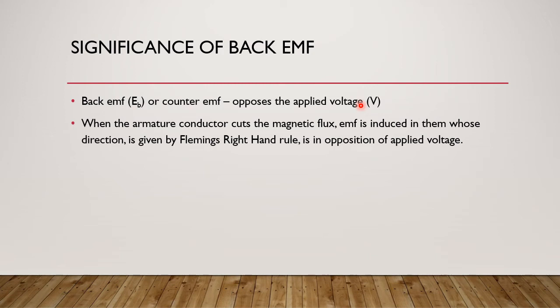Due to the applied voltage, we get a mechanical force, and due to the mechanical force, the armature conductor starts rotating. Hence, due to the rotation, an EMF is induced. That rotating conductor cuts the flux created by the field poles. That EMF is called back EMF or counter EMF, which opposes the applied voltage, which is responsible for the electromechanical